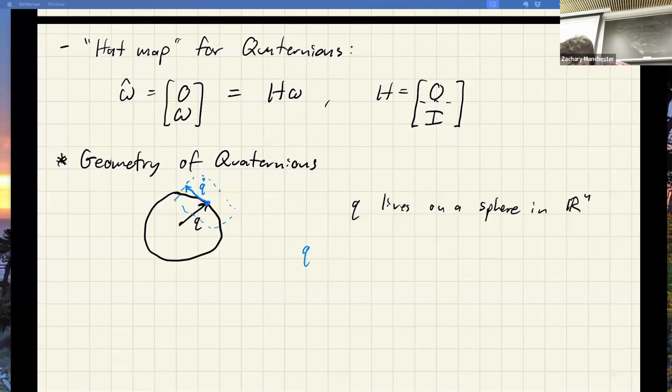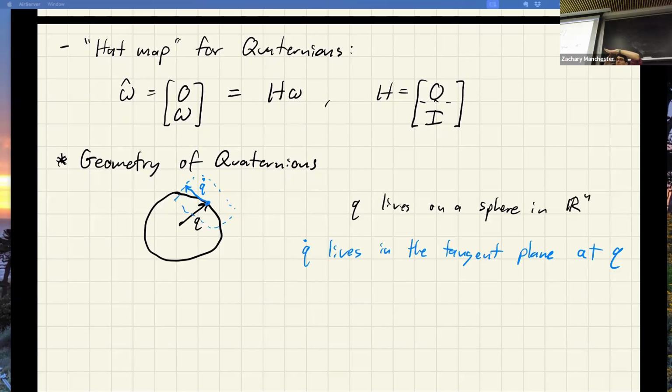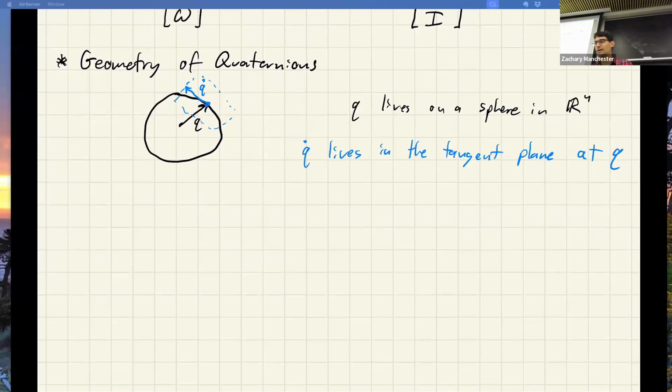Q dot lives in the tangent plane at Q. Okay, so that's clear to everybody. We've got this weird sphere situation. At any given Q, there's some tangent plane, and that's where the derivative lives. Okay, cool. So I think where we're headed with this is that